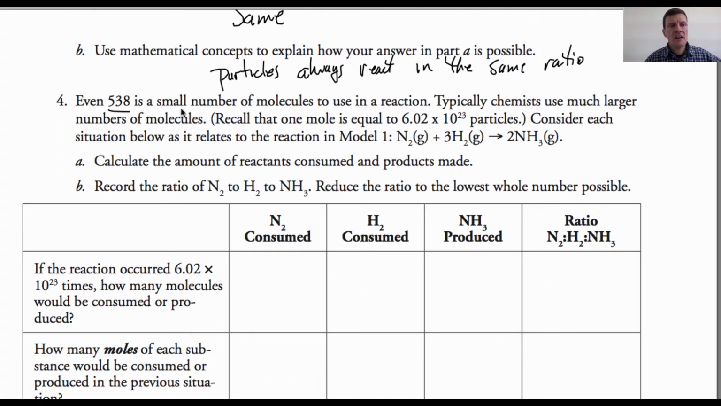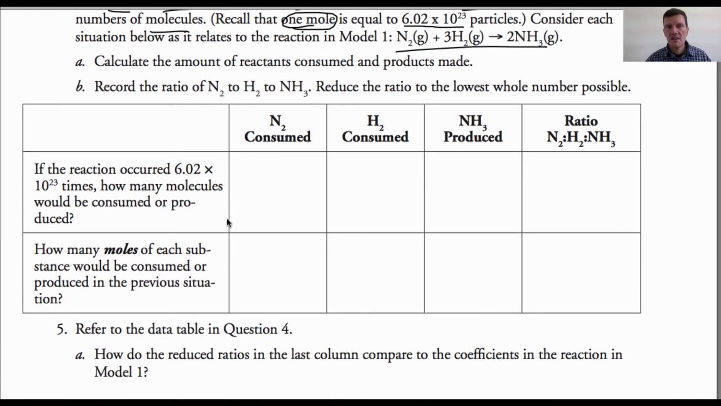Even 538 is a small number of molecules to use in a reaction. Typically, chemists use much larger numbers of molecules, as we've mentioned before, like 6.02 times 10 to the 23rd. Remember, that's a mole. Consider each situation below as it relates to the reaction in Model 1. Same reaction, same coefficients, but now, I kind of already did this for you, if it occurred that many times, which is just a mole,